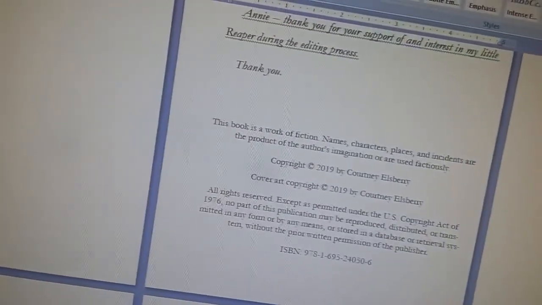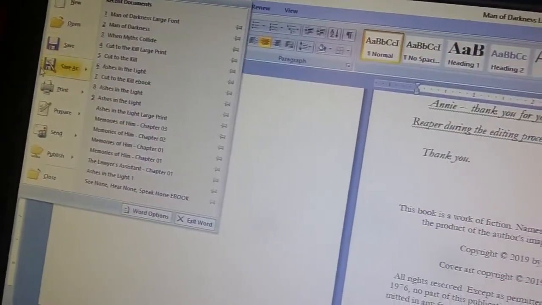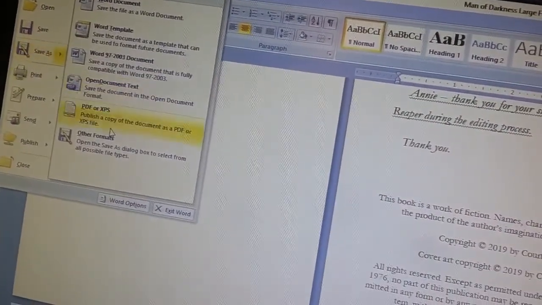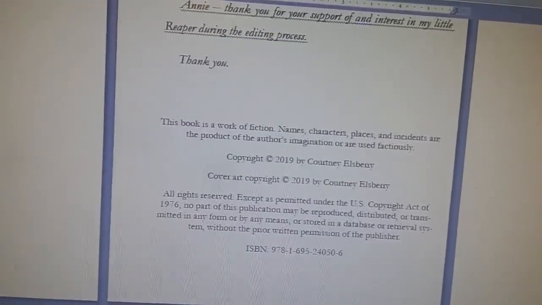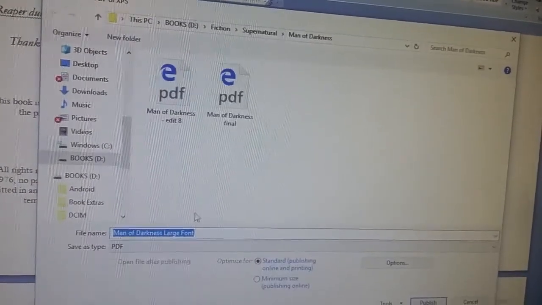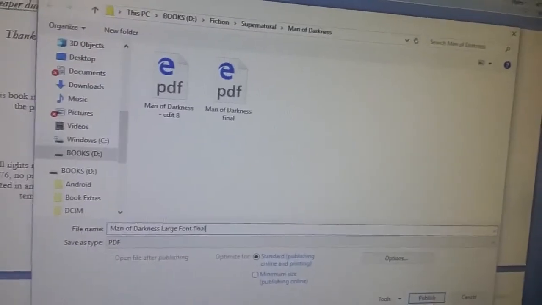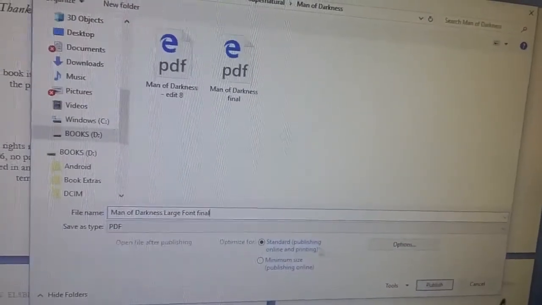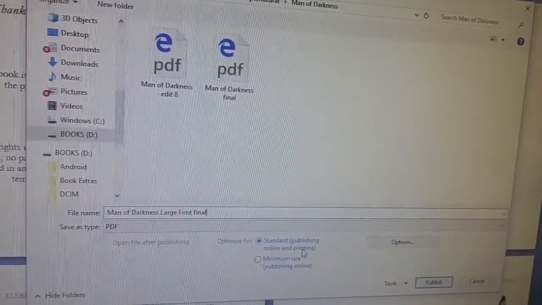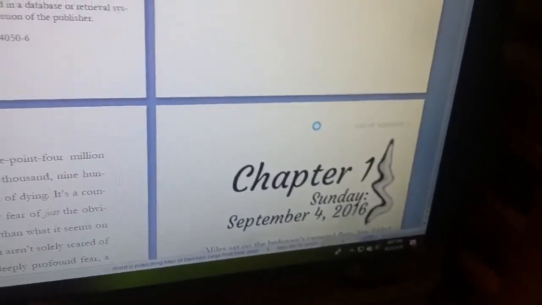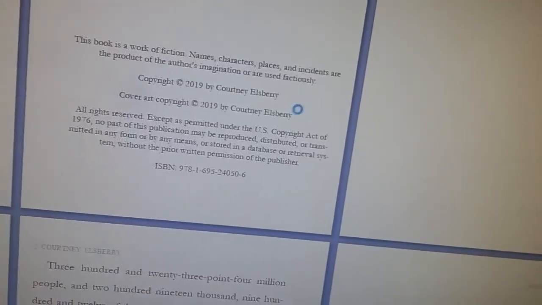So then I'm going to come up here, save as PDF. And same as before, I'm going to name this one Final. And then standard publishing online and printing, and then publish. And after this is done, I'm going to put this and the cover into KDP so that way we can